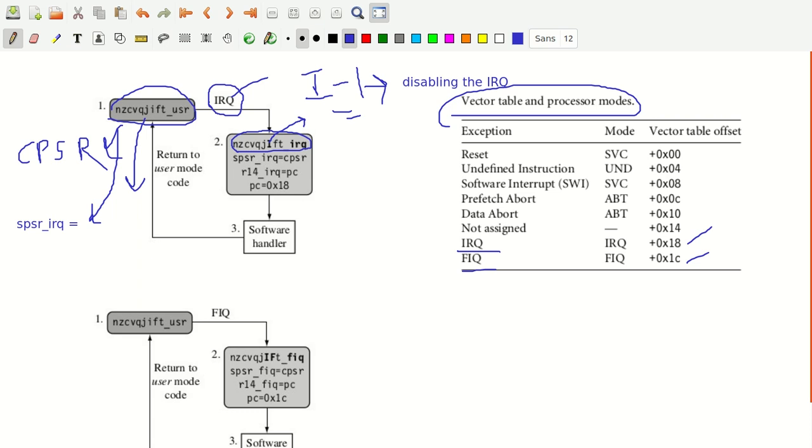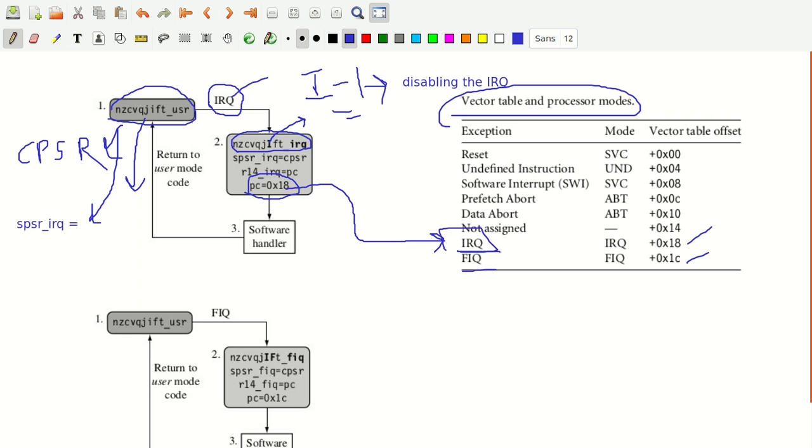Now what happens to R14_IRQ? You have to store the PC, the PC of wherever the normal execution of the program was happening. Now the new value loaded is PC equals 0x18. 0x18 indicates the IRQ exception.